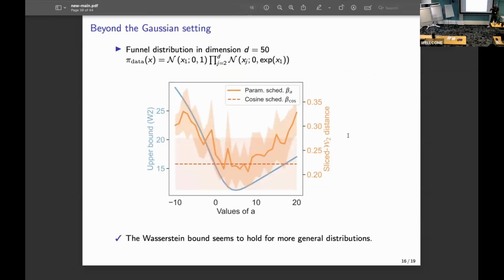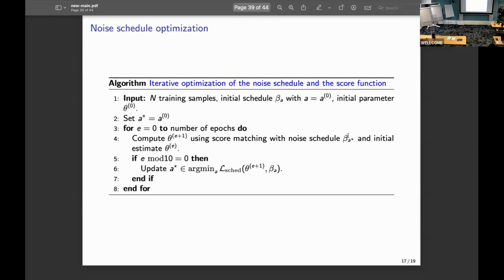And then we try to understand what's going on for more different examples that are beyond the Gaussian distribution, and we see some sort of match, even though we can see the bound oscillates quite a bit. So then we propose a naive scheme to understand how to tune the beta, but I think there are plenty of things that can be done in this kind of direction, and especially the problem of giving optimizations with respect to beta is like what we have considered before,